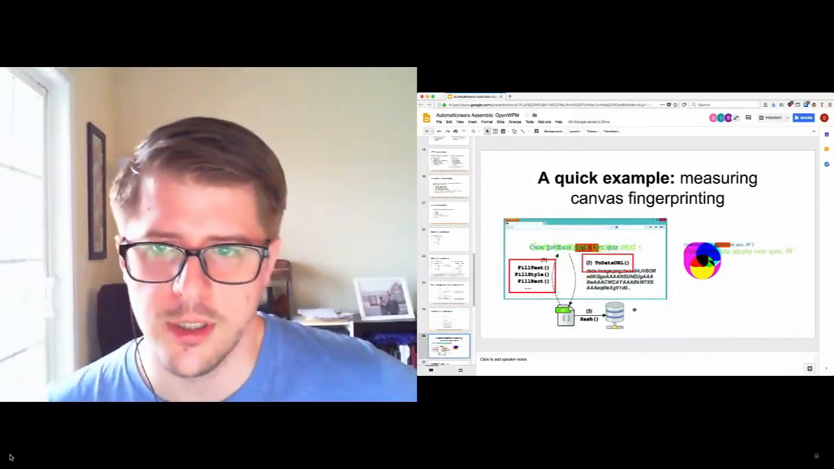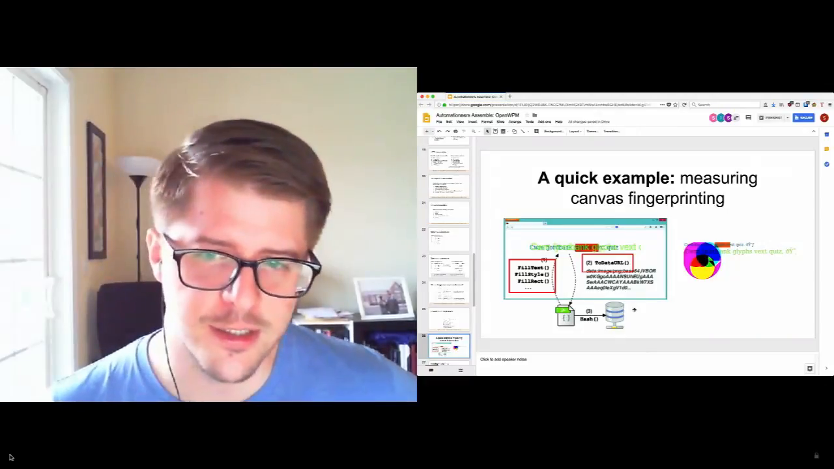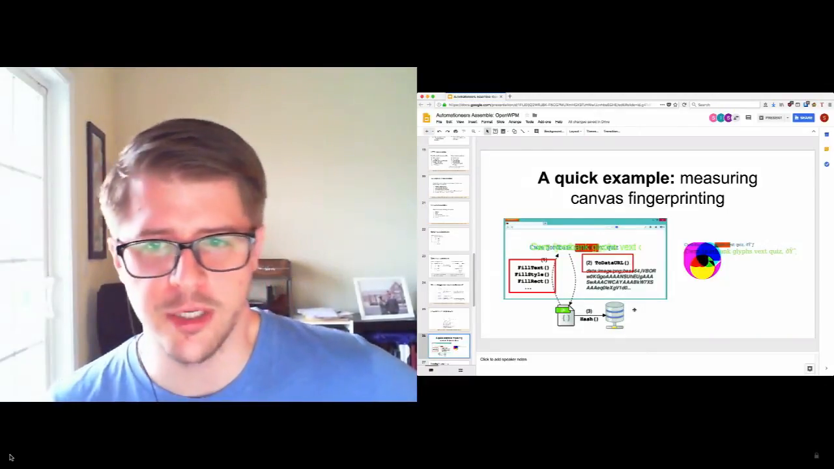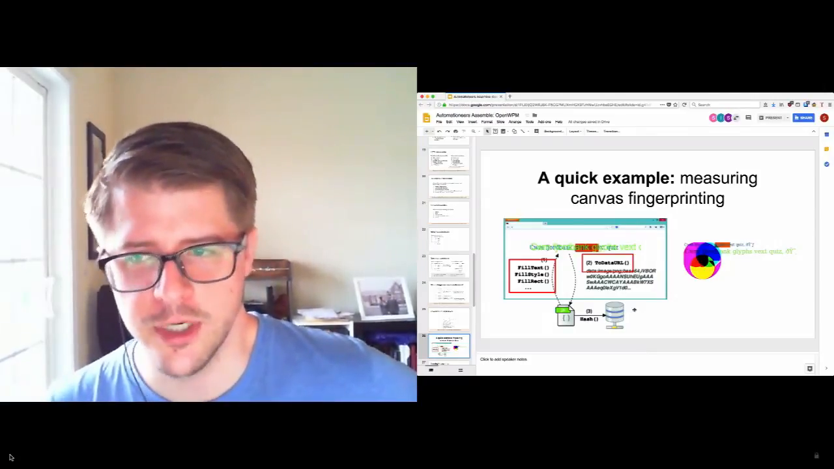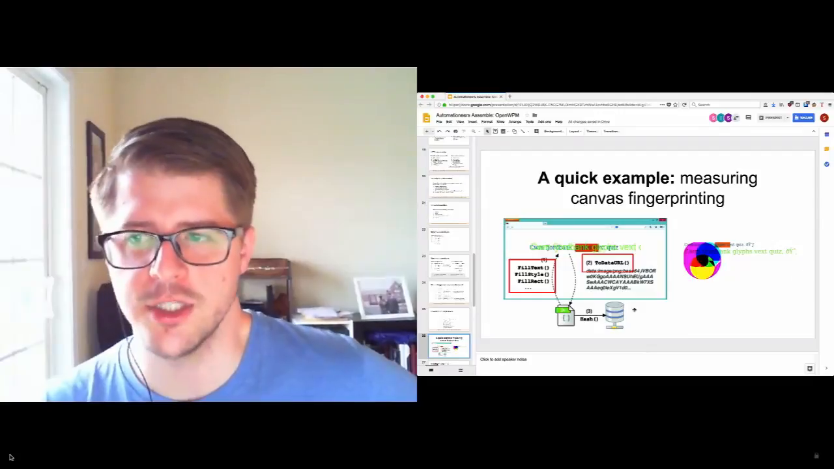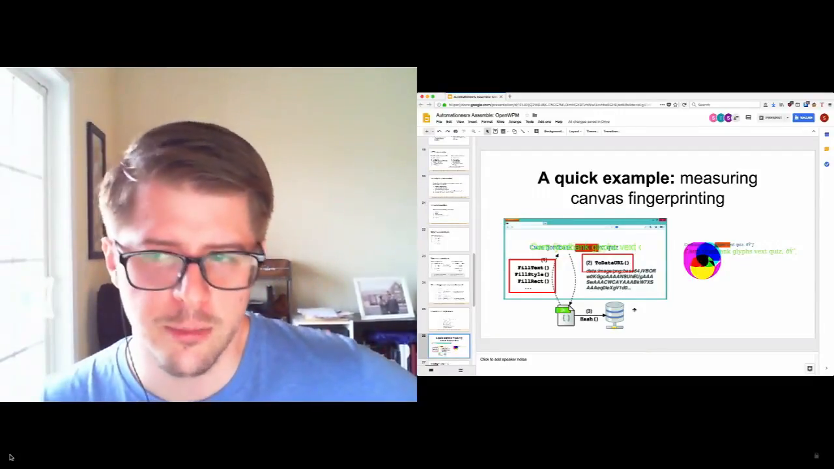So let's look at a quick example. Canvas fingerprinting. As I mentioned before, the basic idea is a fingerprinting script will load on the page. They'll write some text and some shapes to the canvas. They'll read it back as a data URL, and then they'll hash that, right? I'm showing you an example of that on the left side of the slide here, but on